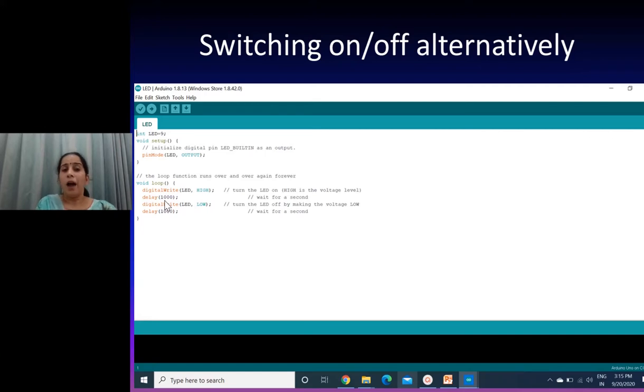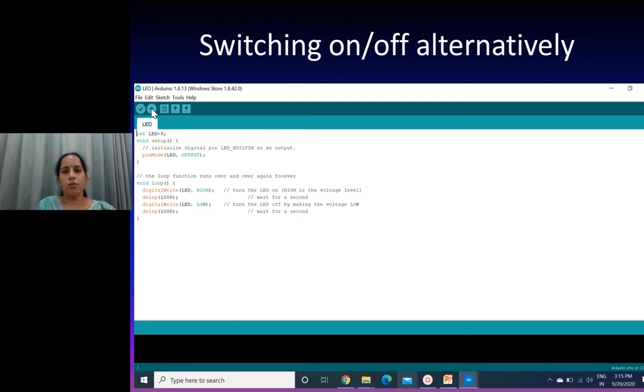Next, how to put this program into the Arduino. This is a shortcut to compile the sketch. And after compilation, if there is no error, the second step is to upload the sketch from the laptop to the Arduino. The coding is to be done on your computer.